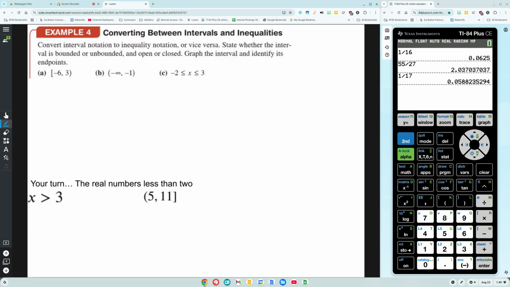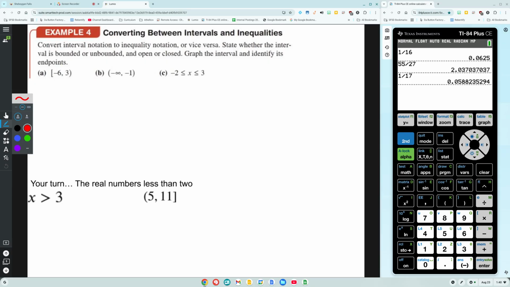So now, instead of taking algebra and inequalities and intervals and number lines separately, we're just going to put it all together. You can convert interval notation to inequality notation or vice versa, state whether the interval is bounded or unbounded, and open or closed, graph the interval and identify its endpoints. So I'm going to do 3 here with you. After we're done doing these 3, you're going to try 2 on your own, and that'll be it for intervals